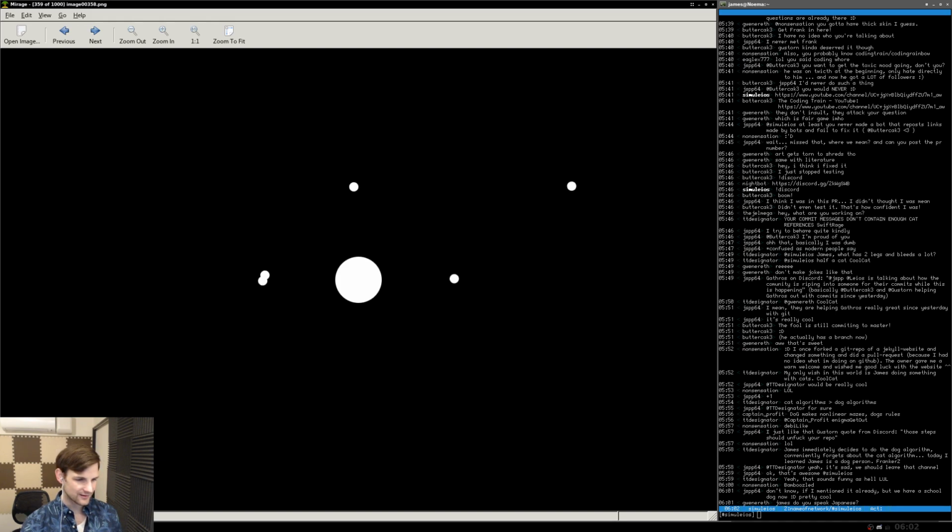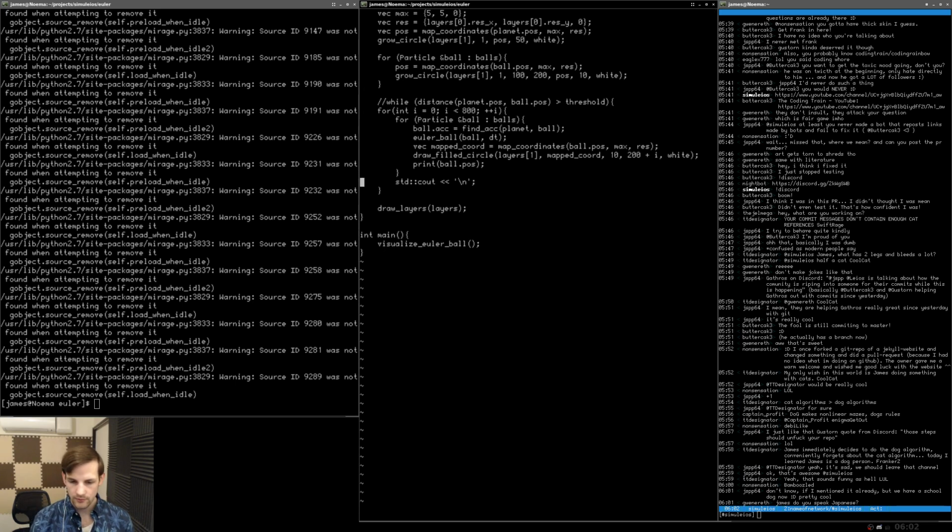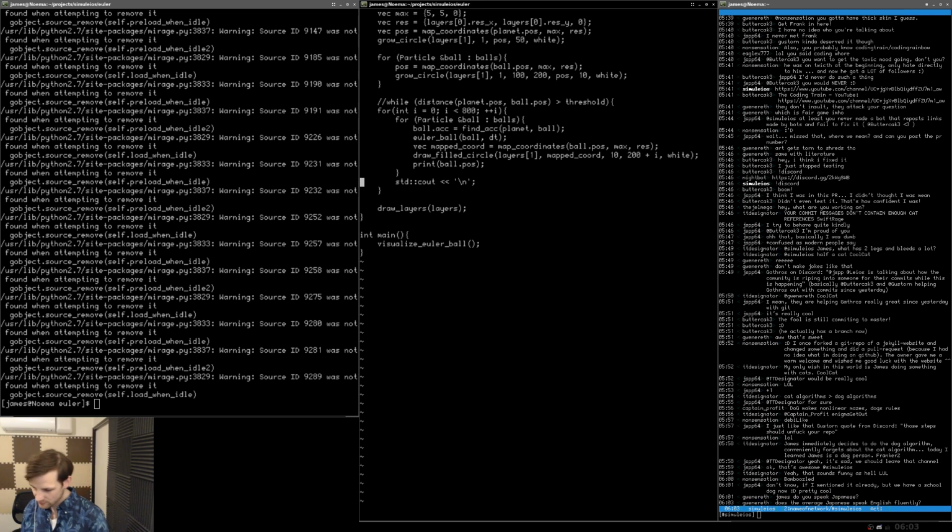Yeah, that looks pretty dang good. All right. Cool. So we have our visualization there working. So now let's work on the next visualization, which should be relatively straightforward, all things considered. So let's talk about how the Euler method actually works, and hopefully we can get some sort of very basic